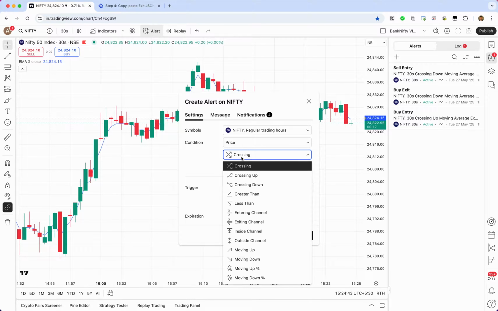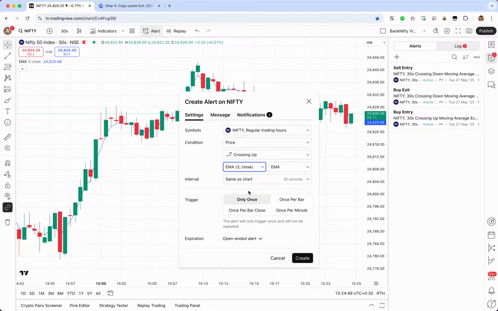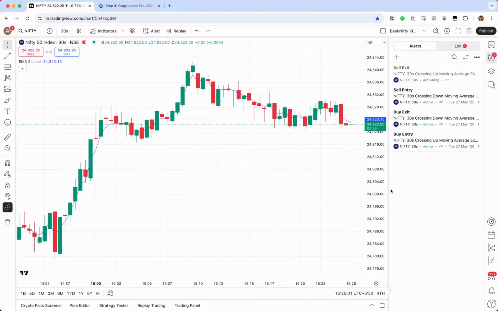So when the price crosses up the moving average line, then trigger this alert. Select trigger once per bar close, go to the message tab and give it a name. I'm going to give it sell exit. Click create. So now these 4 alerts that we have created will send out the entry and exit signals for the buy and sell trades.